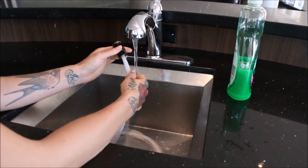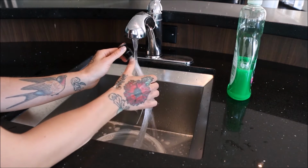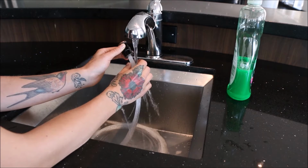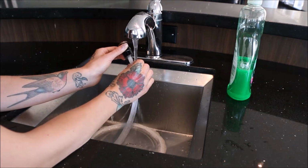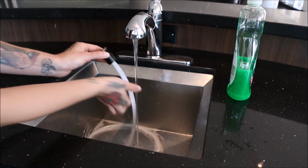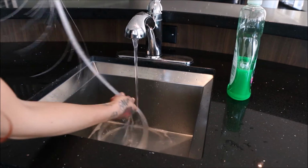Up here by the bearing, I just want to tilt it, but still keep it upright, and submerge it in the water. Try and get the water as high up as possible without getting it too wet in the bearing. And just like you did with the soap, give it a little press. Don't crack them apart, and you will get that soap back out. So you do that down the line until all the soap is gone,